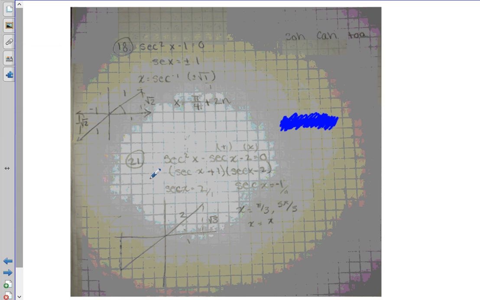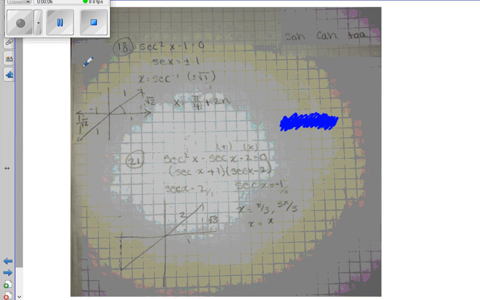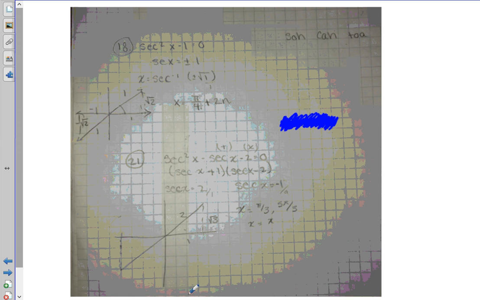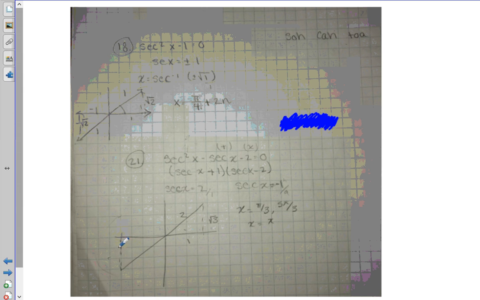All right. What we're going to talk about right here is I'm going to just do a quick little explanation of what I'm seeing from students. These are some very common mistakes that I see from students when they're coming through and figuring out these various problems. For number 18 and 21, what we're looking at is